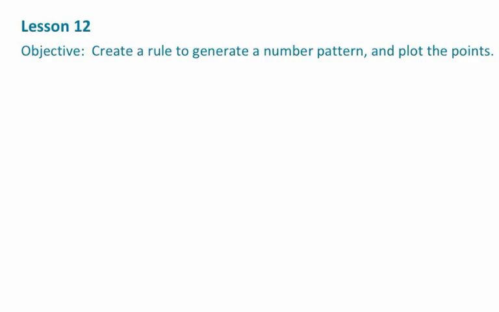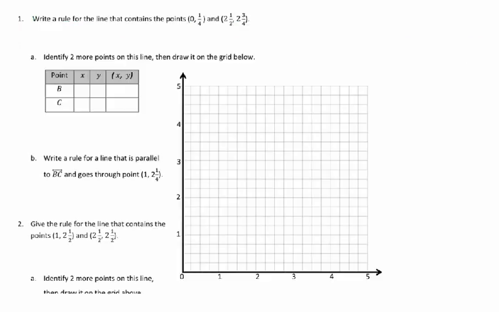This is grade 5, module 6, lesson 12, and the objective in this module is to create a rule to generate a number pattern and plot the points, okay? So we've already been doing this for a little while now, so let's take a look at homework problem number 1. It says write a rule for the line that contains the points 0, 1/4, and 2 1/2, and 2